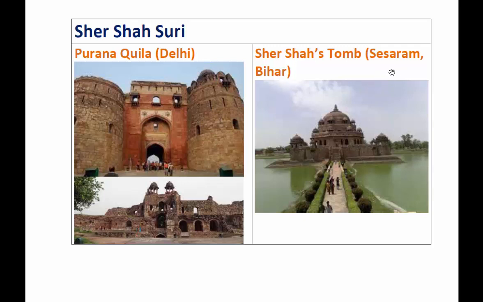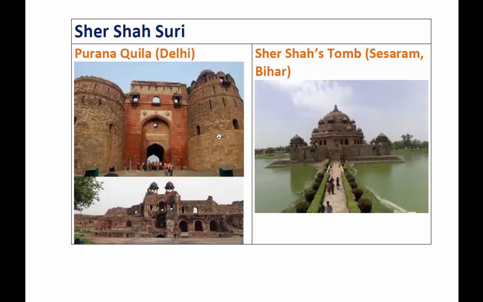You can even see it today. If you happen to go to Bihar for some work, kindly see Sher Shah's tomb, which is very beautiful and magnificent. So these were the projects undertaken by Sher Shah Suri during his time